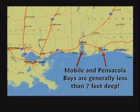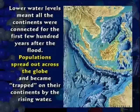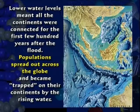Mobile Bay, Pensacola Bay, generally less than 7 feet deep. Sometimes when hurricanes come and the air's swirling the right way, it'll dry up both bays. The water sucks right out. Between Australia and Vietnam, the water's only 30, 40, 50 feet deep. Not much. So if you lowered the ocean level by freezing larger ice caps, you're going to get huge continental